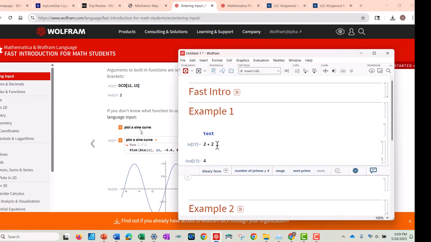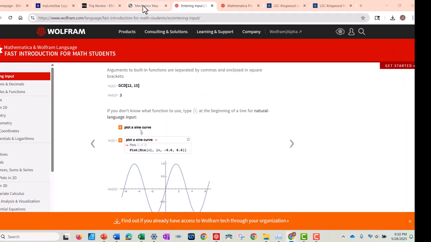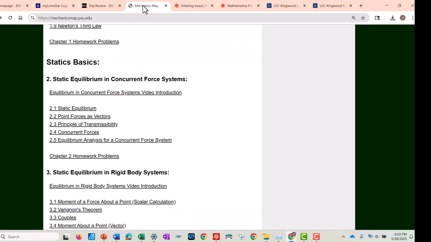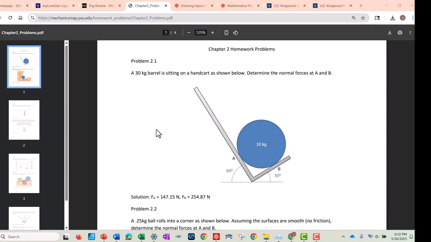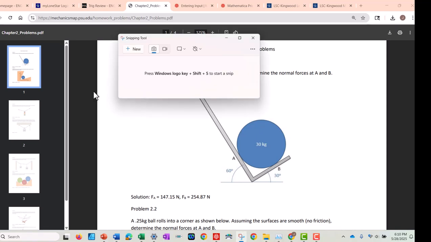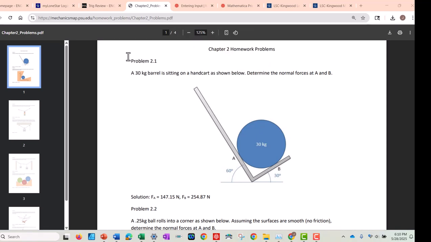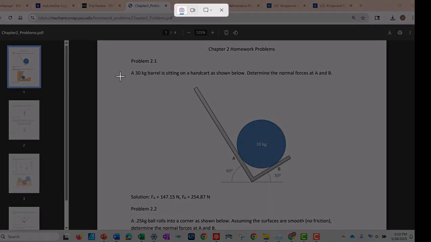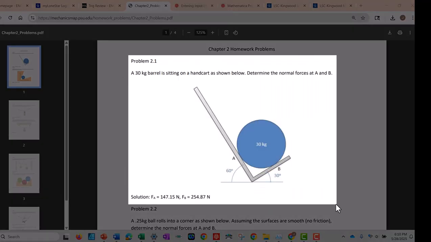So let me just show you an example problem here. If we go back over to the online book and just pick something easy, we'll grab one of the first chapters and grab a problem out of it. So yeah, here, go ahead and grab, as part of your work, I want you to draw pictures of things and